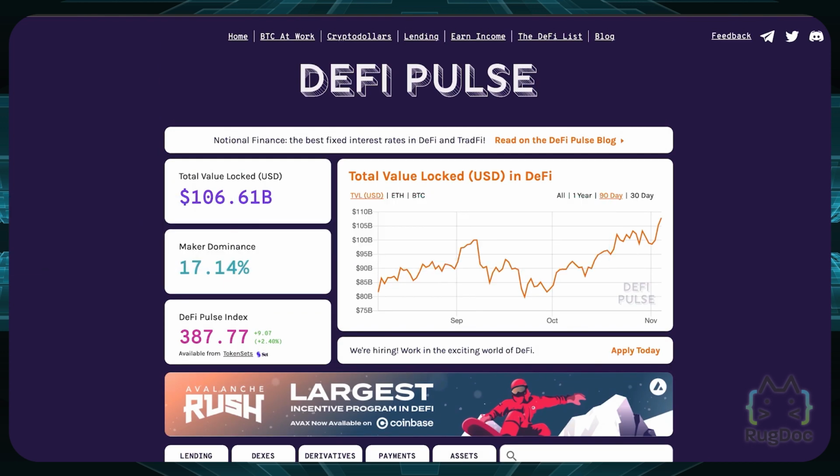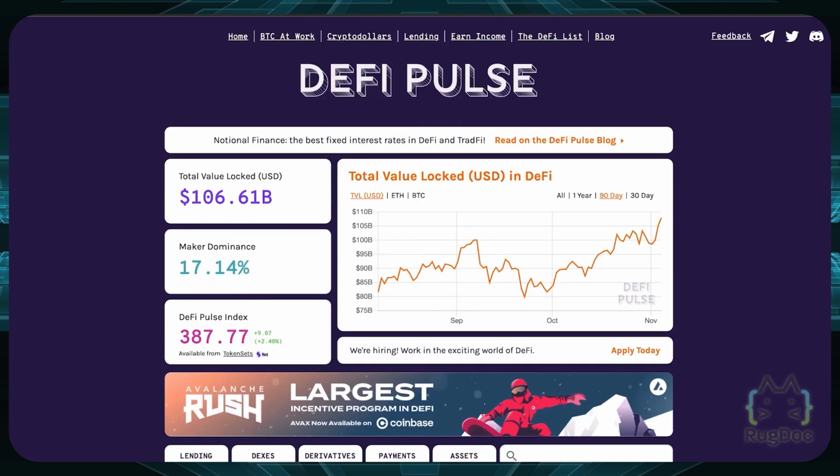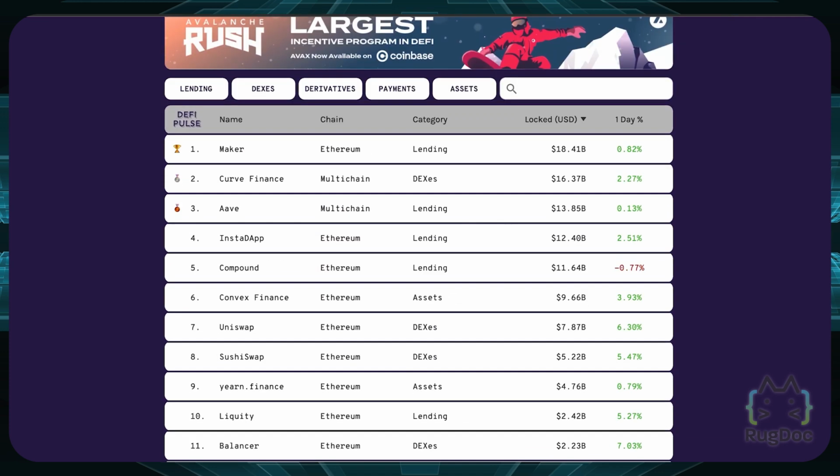Now DeFi Pulse is a very cool platform because it shows you the amount of DeFi projects that they have in this one index. You can also invest in their DPI token, the DeFi Pulse token, which definitely tracks. It's more like an index fund for DeFi. If you can imagine the S&P 500, but for DeFi, it'll track the value of money locked into DeFi right now. So right now we have about $106 billion of value locked in these DeFi projects,